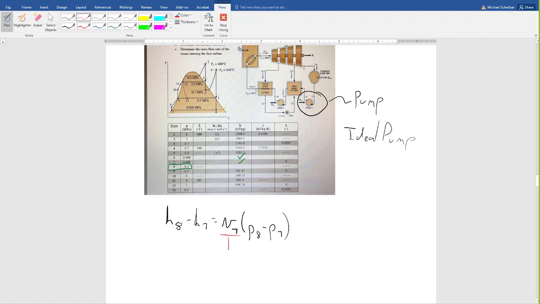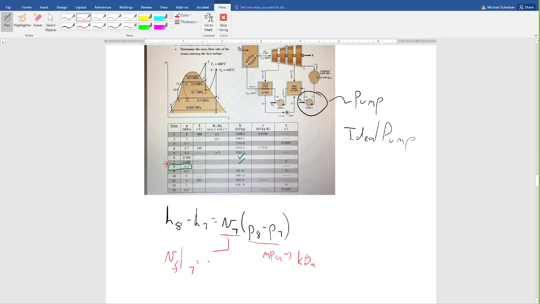This is going to be VF at state 7, because state 7 was a saturated liquid, right? So this isn't even really a subcooled liquid approximation. It's just the right answer, right? P7 here, you got to watch your units, right? These are all in megapascals. I like to convert this to kilopascals